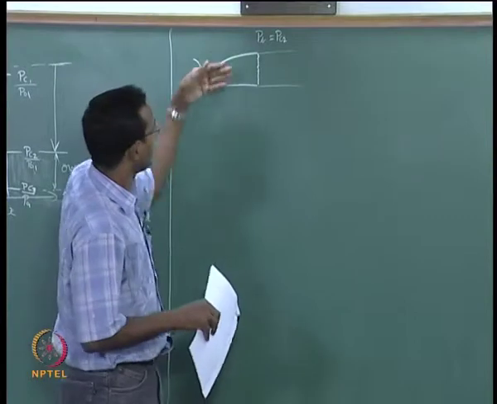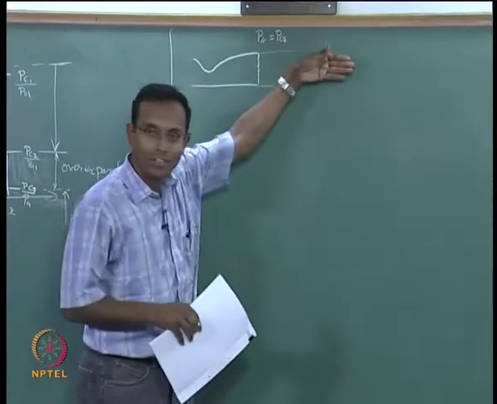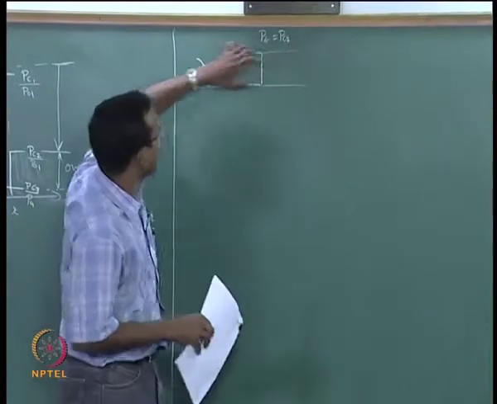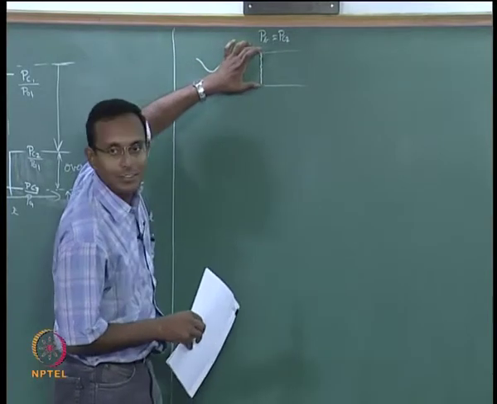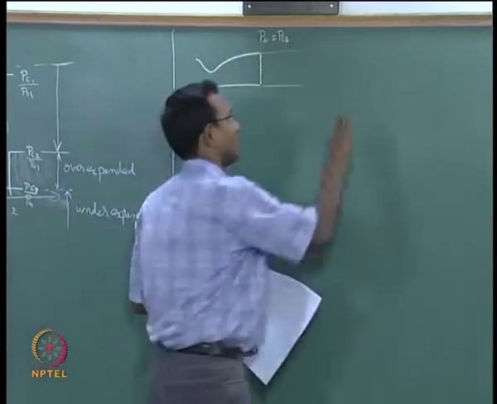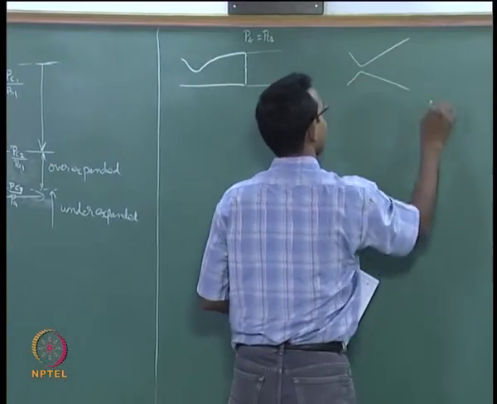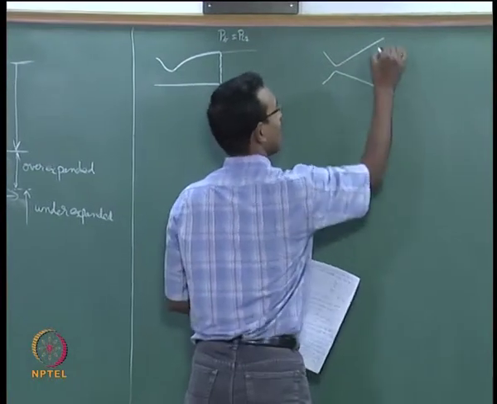I have drawn it such that the flow is going to be one angle only. Okay, I have made both the edges parallel to each other. Otherwise, if I have a nozzle that is more like this, now the flow here will go this way, flow here will go this way.